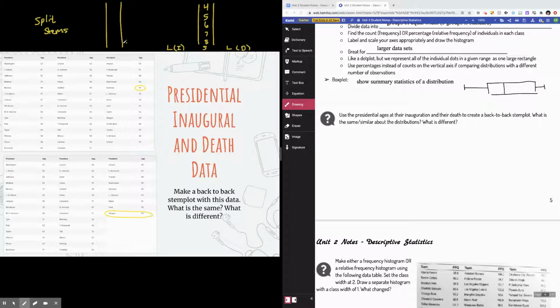So if you look at this data, there are a lot of 50s on here, like a ton of them, right? And same thing for this data set down here. There's a lot of 60s on here, right? You can kind of see them. There's like a lot of 60s, right? So it may be beneficial to split some of your stems and say